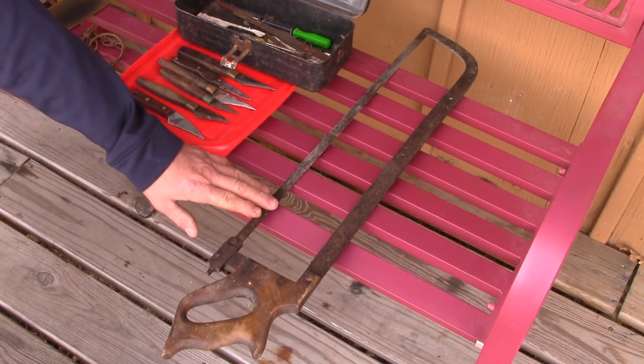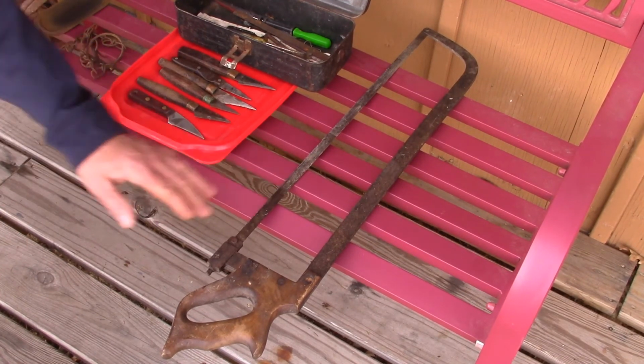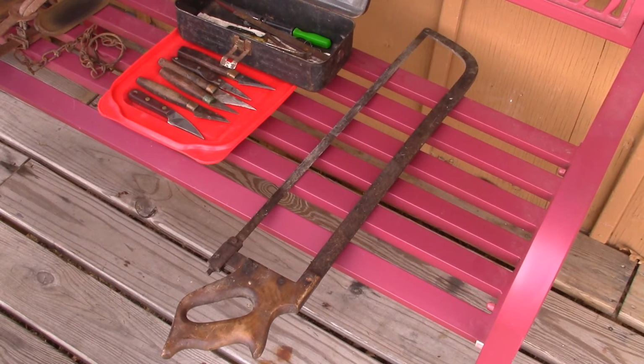Okay, so the next item I want to talk about is this old saw that he gave me. It says Wagner on it, Pittsburgh. Don't know much about it. He got it again when he was a young man, and it was used when he got it, so we don't know how old it is. But he used to hunt a lot of deer, and it's going to be a real gem. He would use this to cut the deer's carcass in half and then quarter, and then in half again. So he would quarter the deer with this saw. He said it worked great. I played with it a little bit, and it still seems really sharp, so I don't think I'm going to have to do much to it, but I'm really happy to have that. It's going to come in so handy when we hang up our deer and quarter them out. And then we'll bring them into the house a quarter at a time